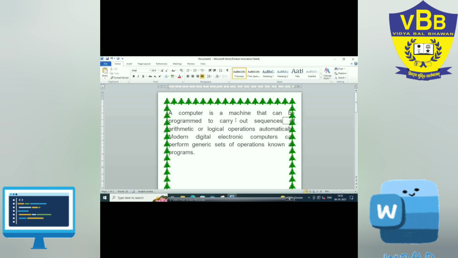Next topic is how to apply shading on a particular paragraph. Shading is the background color applied to the selected text. Suppose that I want to give color to this line only, I will select that line. Then here the shading option comes. Once you place the cursor, you can see the shading option is there. Click on that option, choose the color which you want to set as a background. I want to choose a blue color, so the blue color will appear here.